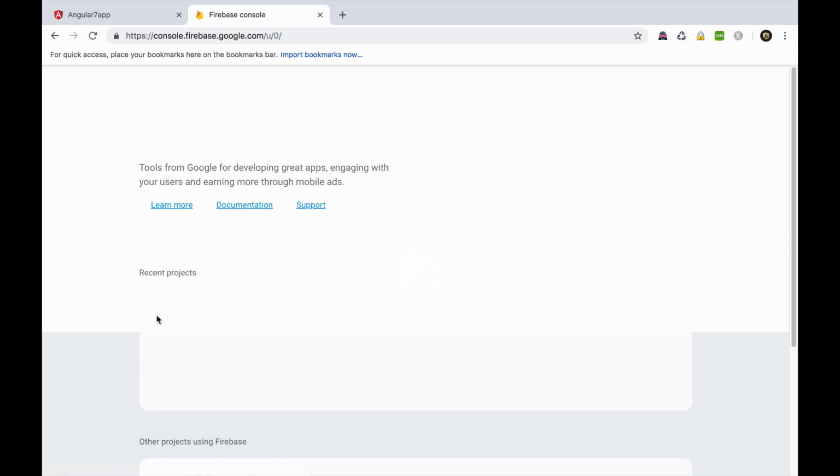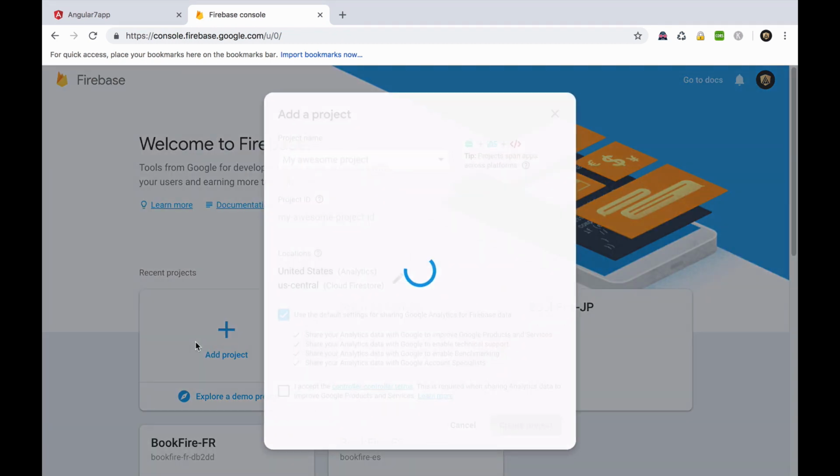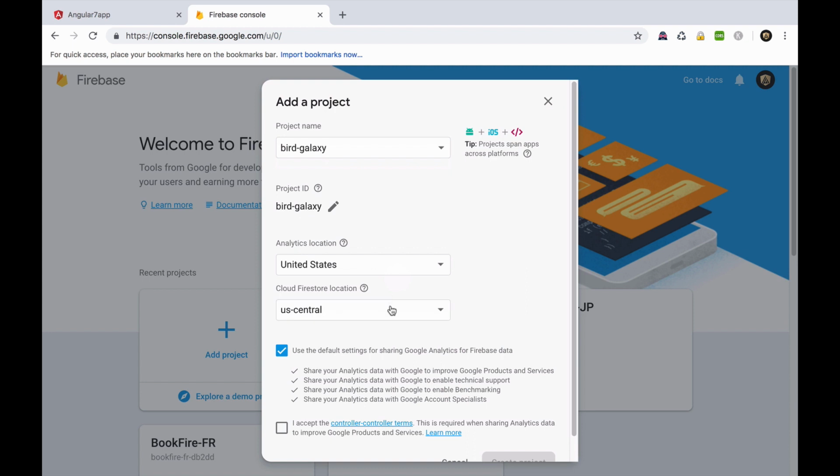You can log in with your Gmail account to the Firebase console. Once you're here, click on the Add Project button. For the project name, you can put whatever you like. I'm just going to put my project's name, which is Bird Galaxy. What's really cool is that you can specify any location you like.